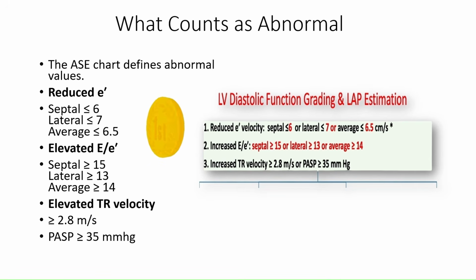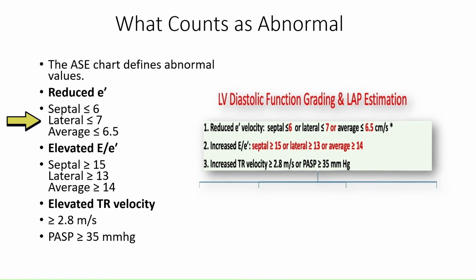Step 1, you look at the three core variables. At the top are three key measurements that estimate LV filling pressure. 1, you have the tissue Doppler E prime, which is related to relaxation. The way we look at this is, if the number is abnormal, it generally means the patient has reduced myocardial relaxation. So it's considered abnormal if the septal E prime is less than or equal to 6 centimeters per second,